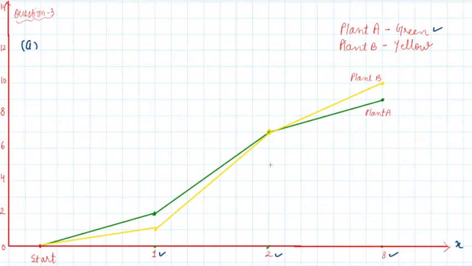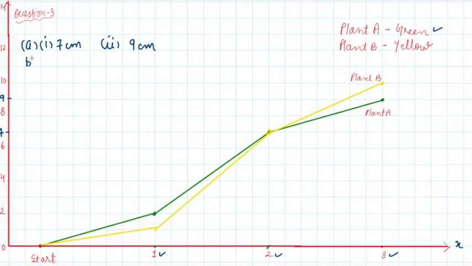So how high was plant A after 2 weeks? So this is your 2 week. Go here, it's coinciding, so it is same. Corresponding to it, between 6 to 8, it is going to be 7, and the height is given in centimeters. So the first part answer will be 7 centimeters. Now this question has second part, which says how high was plant A after 3 weeks? So 3 week is here. Plant A is green, studied here. Corresponding to this, if you go, it is here. It means it was 9 centimeter, because this is exactly in between 8 and 10 centimeters.